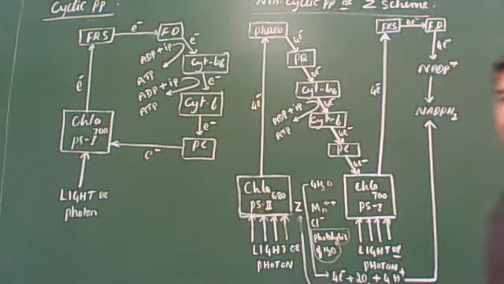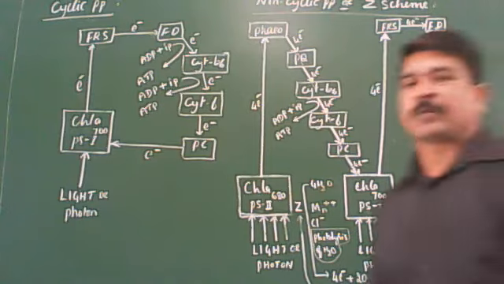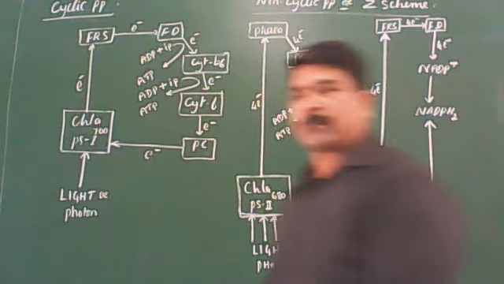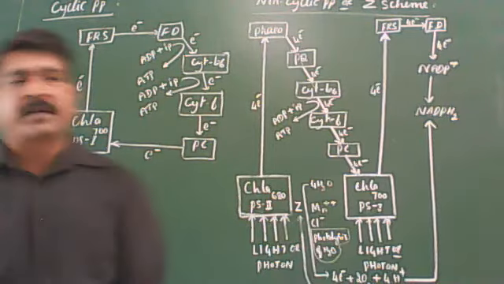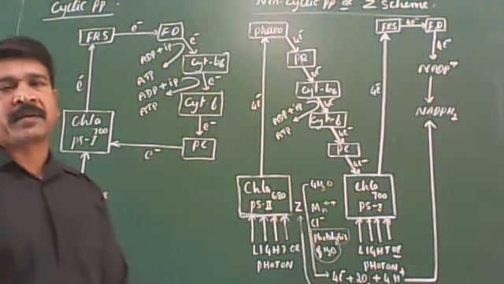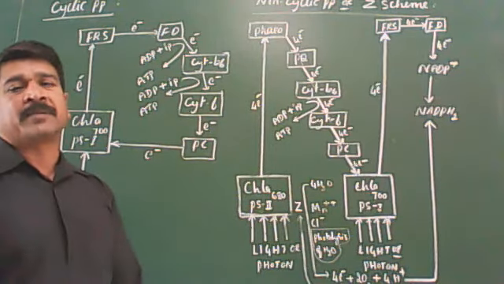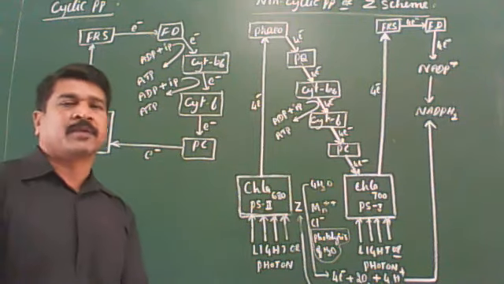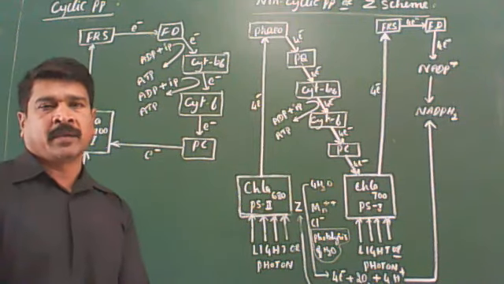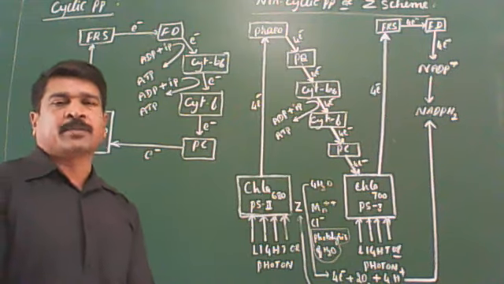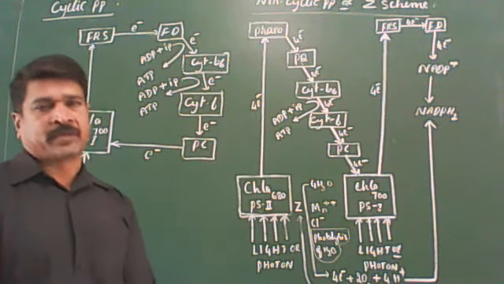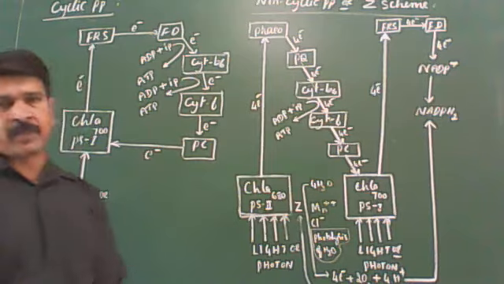Look at the board. During non-cyclic photophosphorylation, you see the schematic representation. I am going to explain here. During non-cyclic photophosphorylation, ejected electrons pass through a series of electron acceptors and do not come back to the same excited chlorophyll, but they are accepted by NADP plus and reduced to NADPH2. Got it? Here it involves both PS1 and PS2. Here both ATP and NADPH2 are synthesized. Now let us come to the explanation.